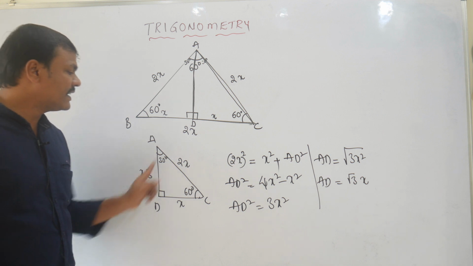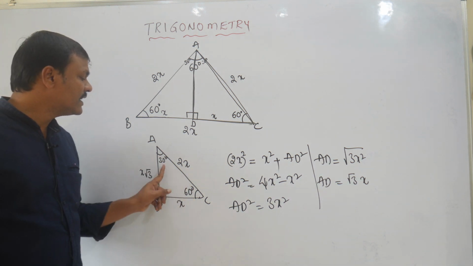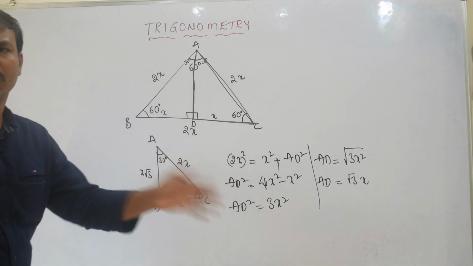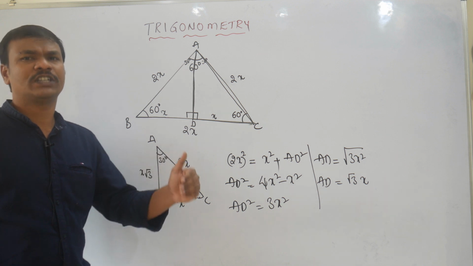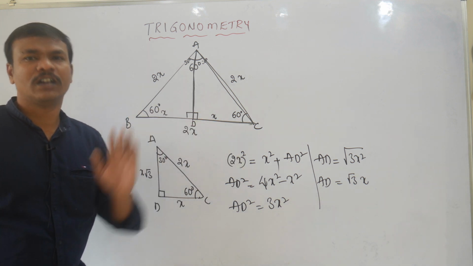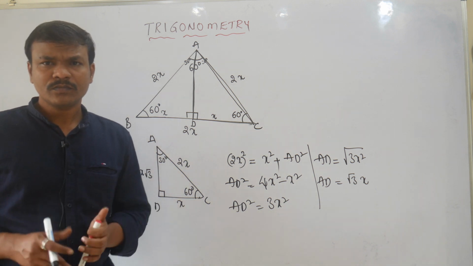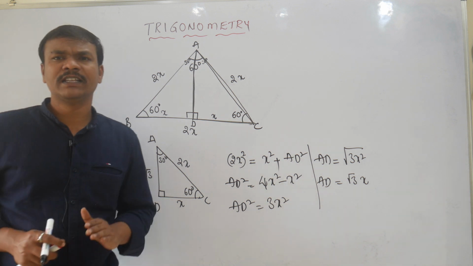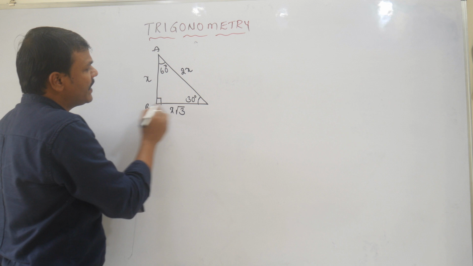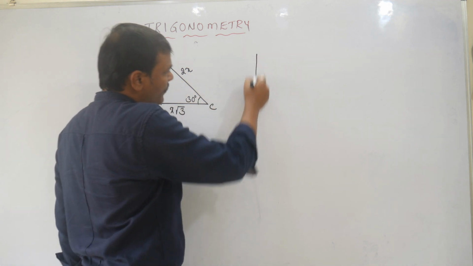So from the side values of this right angle triangle, we can write sine 30, sine 60, cos 30, cos 60, tan 30, tan 60, and their reciprocals as well: cosec 30, cosec 60, sec 30, sec 60, and cot 60, cot 30 also. So let's take this triangle to write sine 30 and sine 60. This is the right angle triangle ABC. Another triangle I am going to take